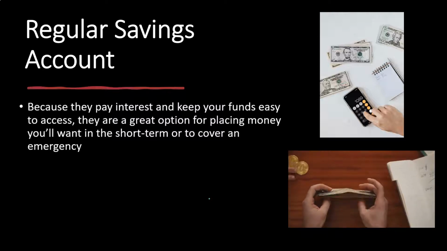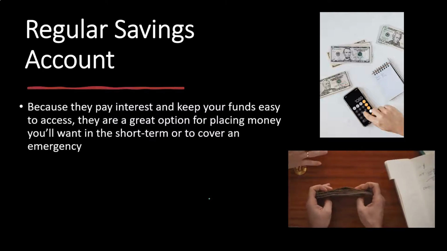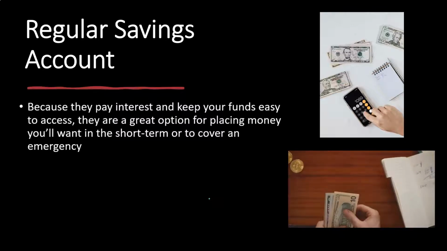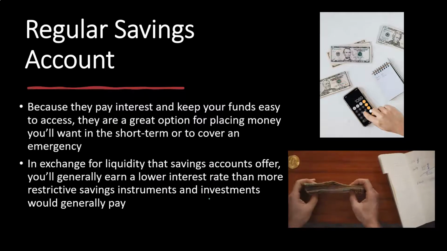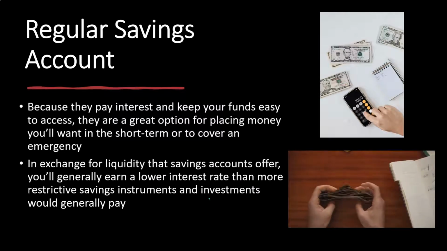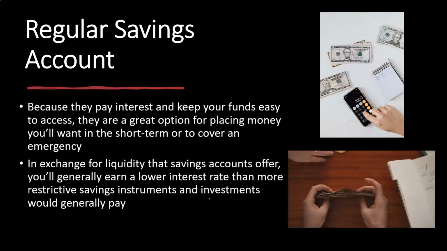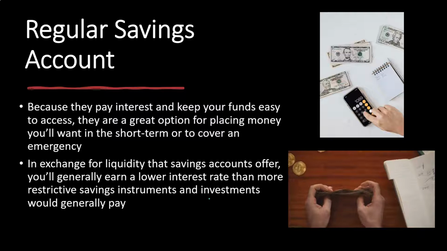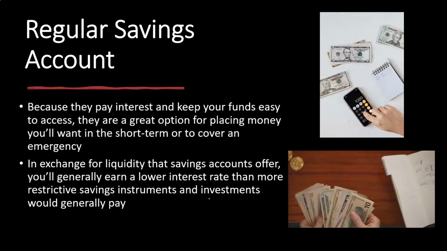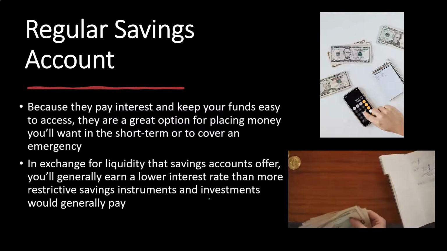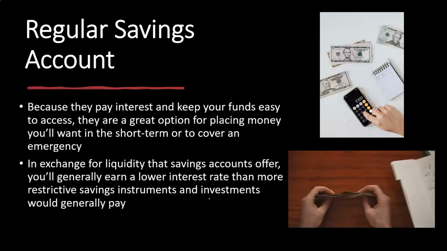However, this type of savings account is often still generally quite liquid, meaning you can still take the money out and access it quite regularly or readily, and therefore the interest rate you're going to be receiving on this kind of savings account will generally not be as high. So you're trading off when you're thinking about these savings options generally between the level of risk you might have in order to generate revenue, but when you're looking at savings accounts, the level of risk is usually lower than other types of investments like stocks and bonds, and then you're trading off whether or not your money is going to be locked away, meaning how much access you have to it when you need it,